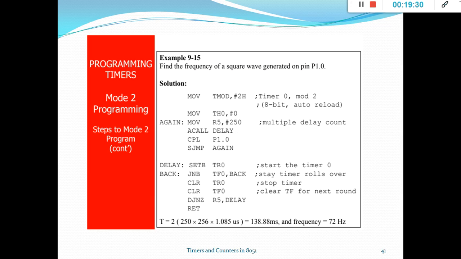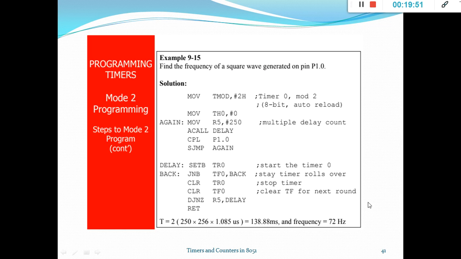You want to get a multiple delay count. For that, this is the value: 250 is the count value, multiplied with the maximum value FF, into 1.085 microsecond, into 2. For the entire period, you are going to get 138.88 millisecond. So the frequency is 72 hertz.